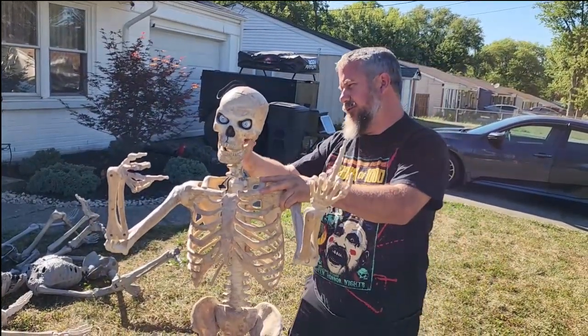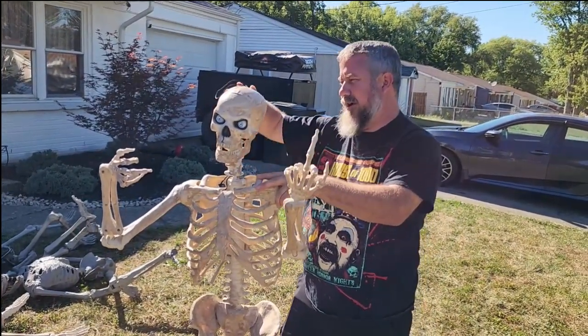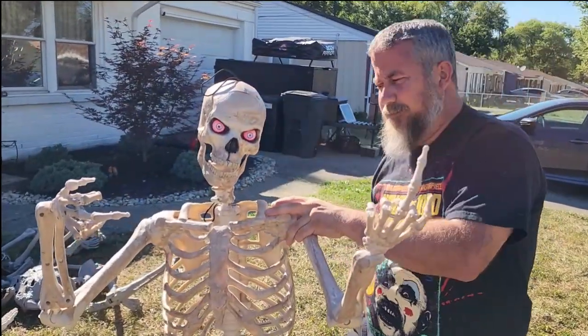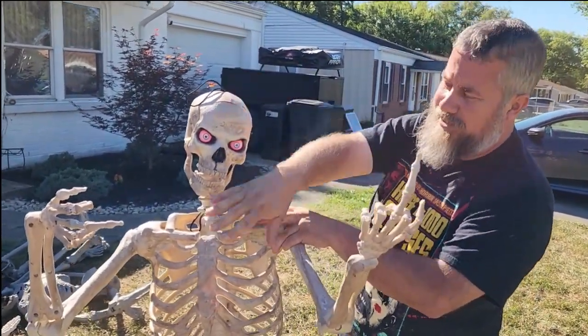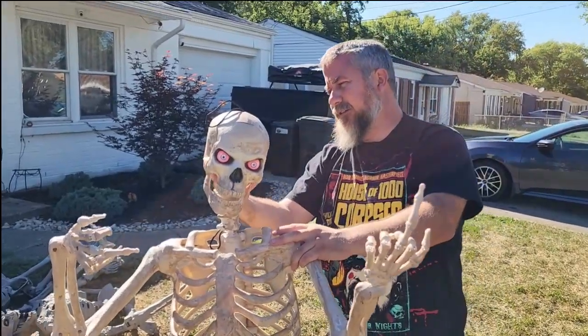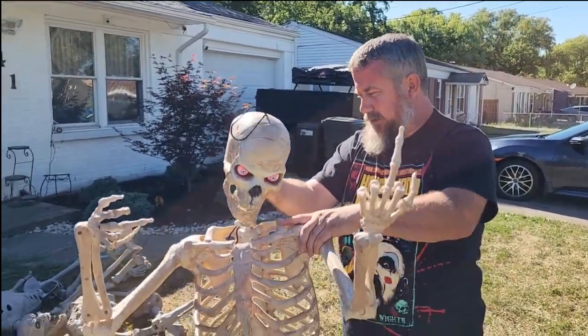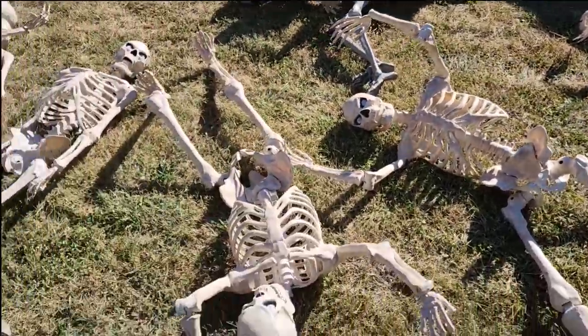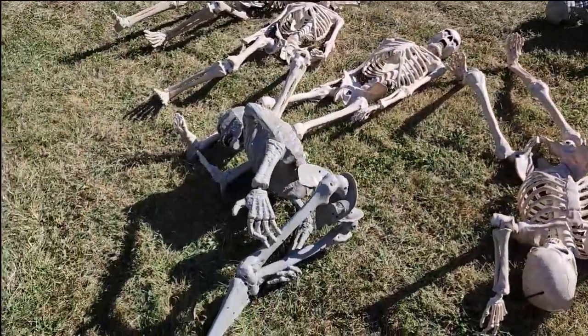They've got really cool light-up eyes. Kind of hard to see during the day, but I think we could see them. It lights up at night. It really lights up the whole head and partway down the neck. Sweet. And how many of these do you have? 16. Wow. So I originally went to try to find one or two,